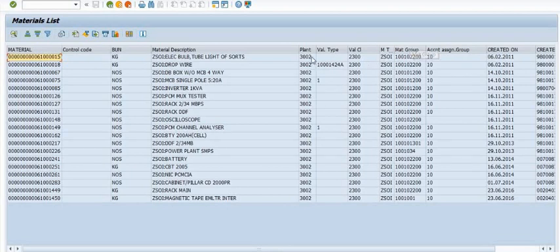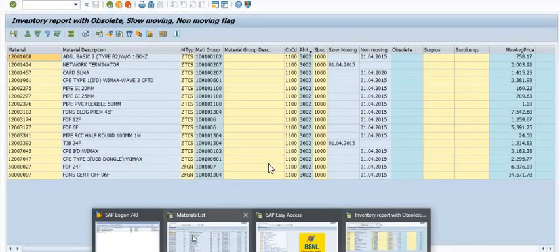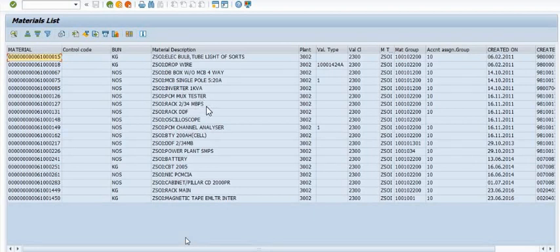These are the material codes which are extended as a ZSOI type of material in our plant. We have to choose any one of them, but we should take care that the unit of these material codes and our original material code is the same. My original material code is a card and the unit is number, so we can choose any of these material codes whose unit is number and which is a similar material code. So my objective is to choose a similar code.